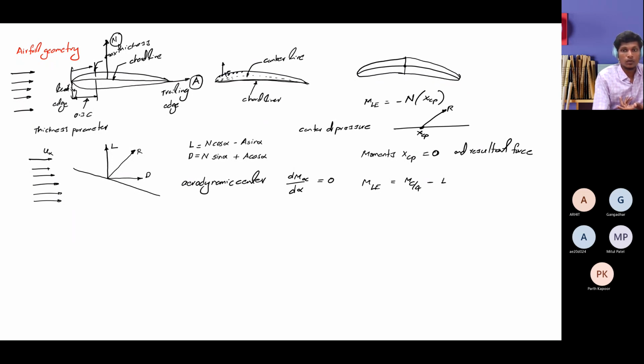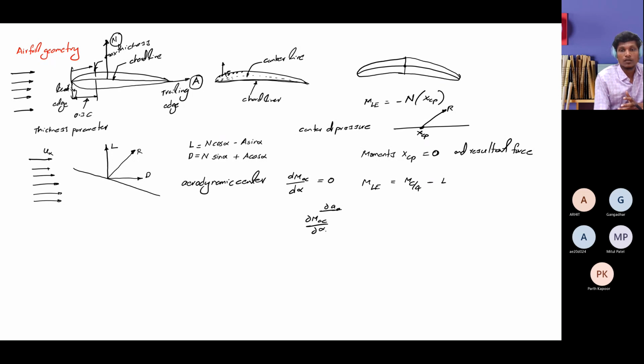By now you may realize why we use the quarter chord point, if you have gone through the derivations in the class. If you are trying to solve for some point where the moments are going to be zero, you should start